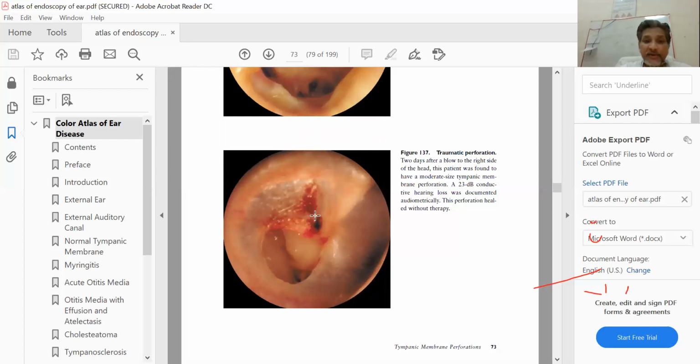Intratympanic means the bleeding happens between the layers of the tympanic membrane. We have three layers: the epithelial layer, the mucosal layer, and the fibrous layer. The fibrous layer is the mid layer. The epithelial layer of the tympanic membrane is the continuation of the canal skin, and the mucosal layer is the continuation of the middle ear mucosa. In between the canal skin and the middle ear mucosa, we have the intermediate fibrous layer, which lies between the epithelial and mucosal layers.